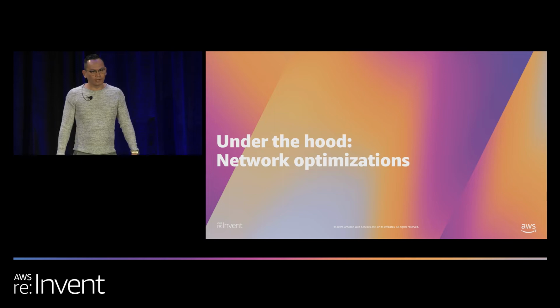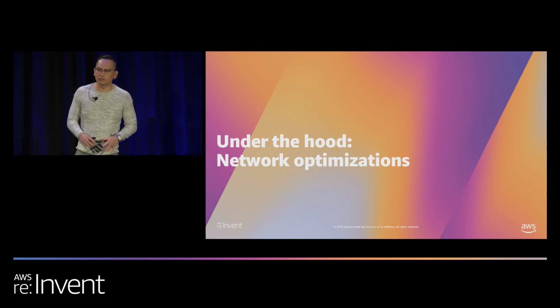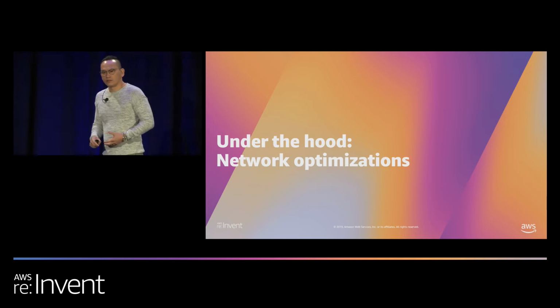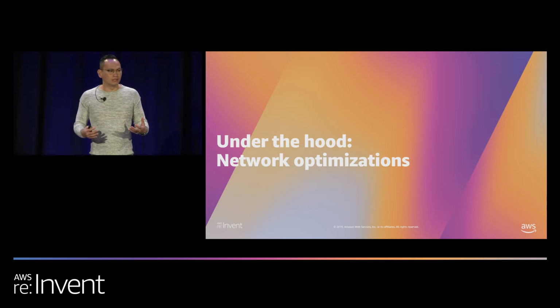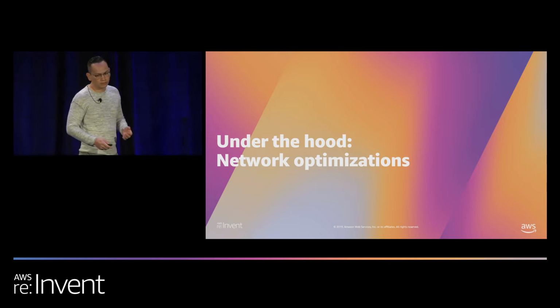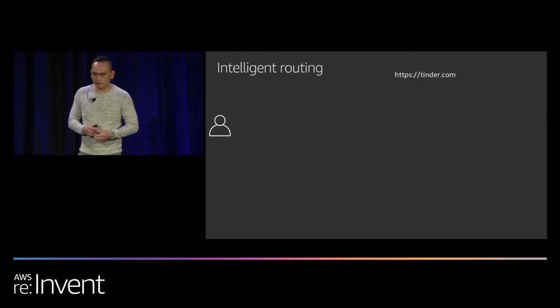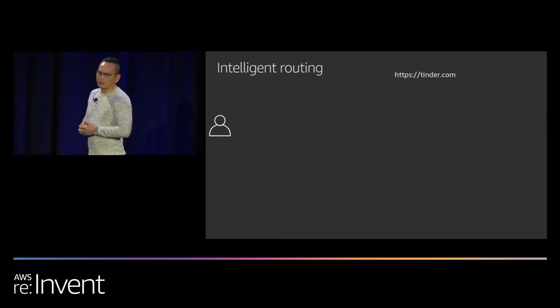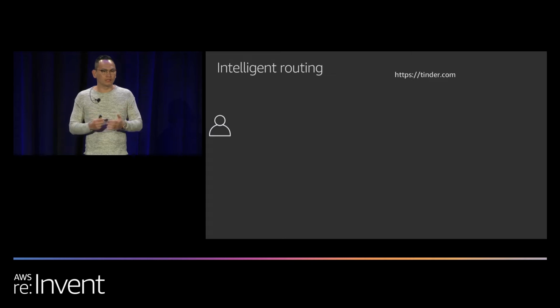Okay, so that's the global infrastructure, that's the backbone network, right? In this part of the talk, I'm going to go over some of the last mile connectivity. What are some of the optimizations we do from the viewer to our edge locations and back? And the first thing I'm going to share is our intelligent routing. What I mean by that is the first thing that needs to happen when somebody makes an HTTP request is you need to tell them exactly where to go.